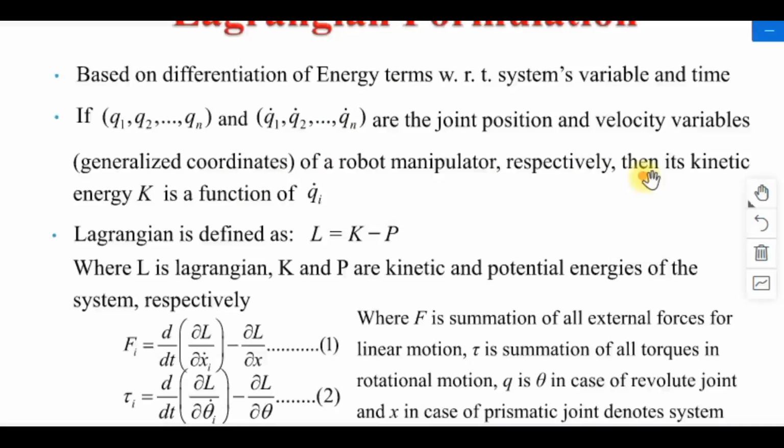So the joint position and the velocity variables of a robot manipulator are basically given in the form of Lagrangian